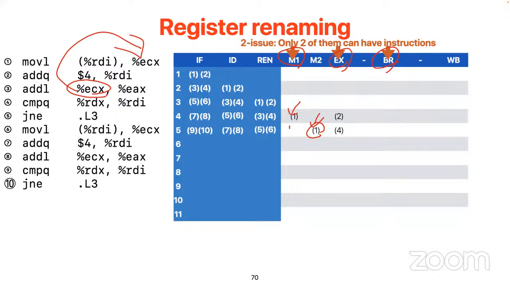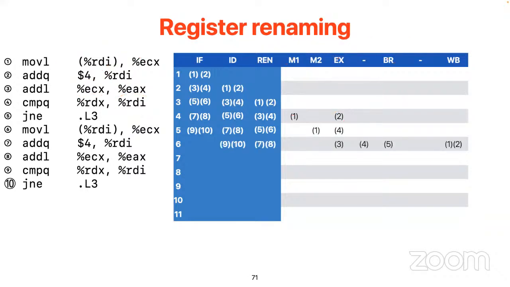And for the compare instruction, it does depend on RDI from 2. But 2 is already done, right? So then you can definitely forward 2. Well, I think I missed 2 here. So you can definitely put 4 in execution. And in the next cycle, right,